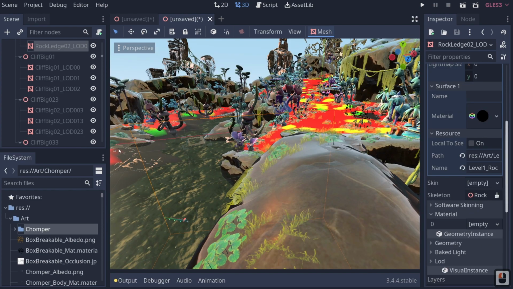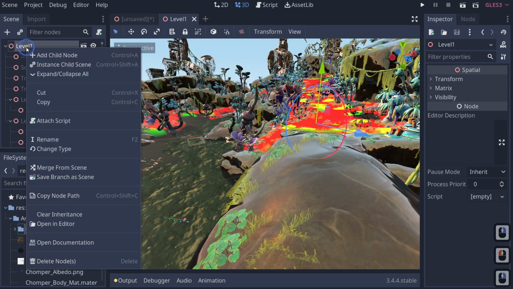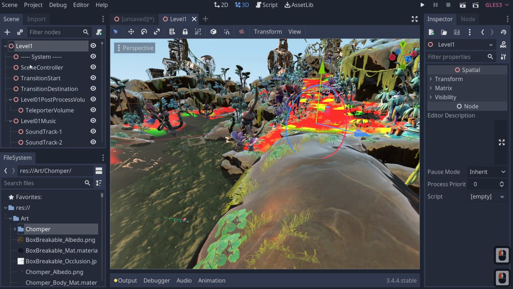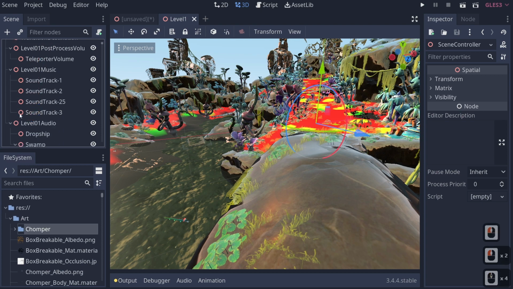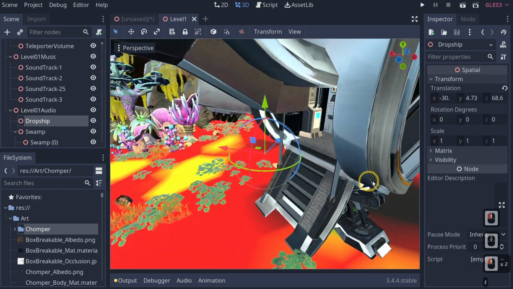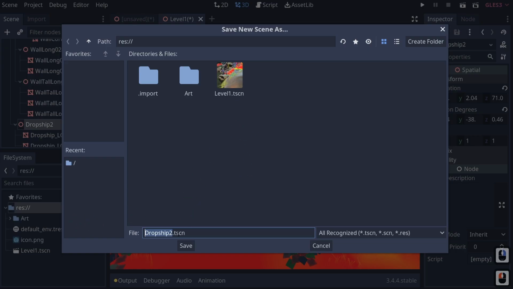Now, one thing that we can do is we could come up here, right click our level and click clear inheritance. And if you do that, it will clear all the inheritance of all of the objects. Now, this might not seem useful, but from here, you can click on, for instance, dropship right here. And if you right click on your dropship and go to save branch as scene, you can name this